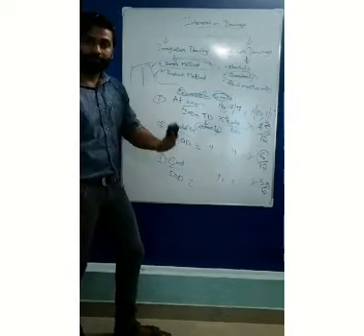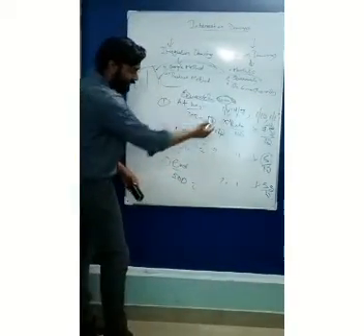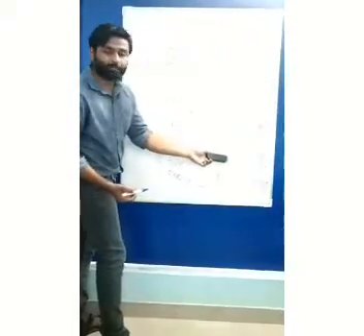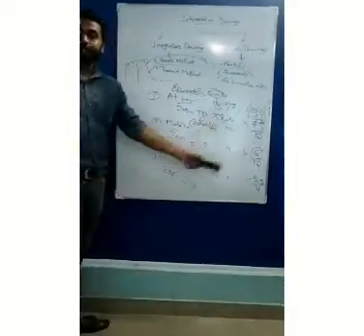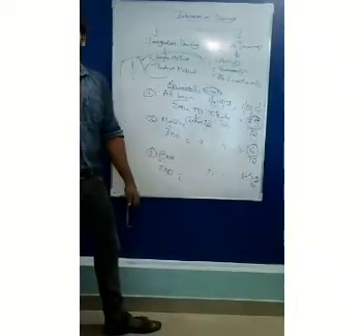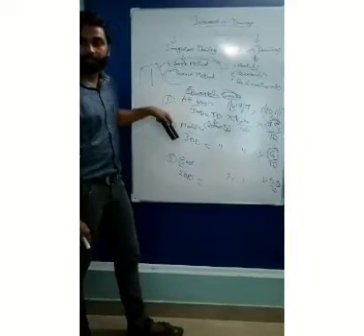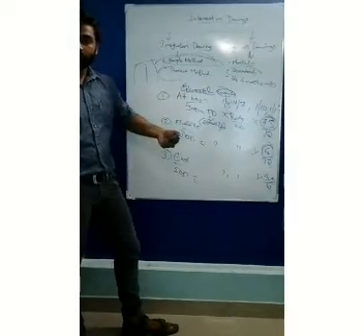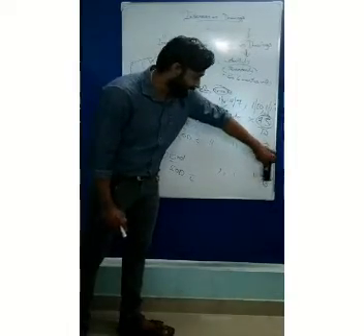If you are withdrawing the same amount at the middle of every quarter, then in the same example, 2000, total drawings will be 2000 into 4, 8000, into rate by 100, the same, into, the rate is now 6 by 12, whereas the first one was 7.5. Okay, so that is at the beginning and at the middle. Now if you are withdrawing at the end of every quarter, same formula, same rate, and finally the month will be different.